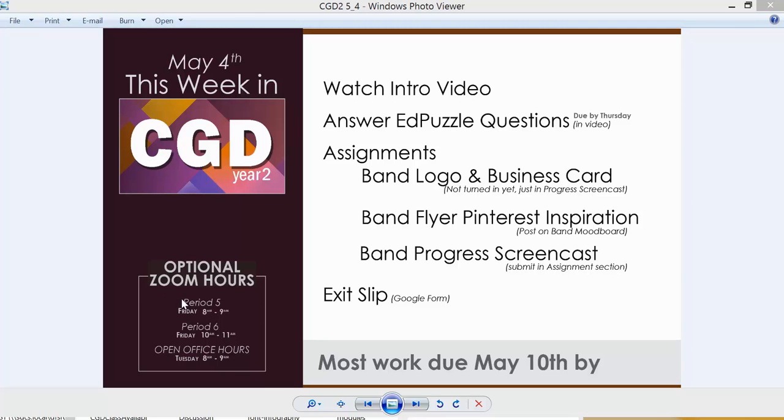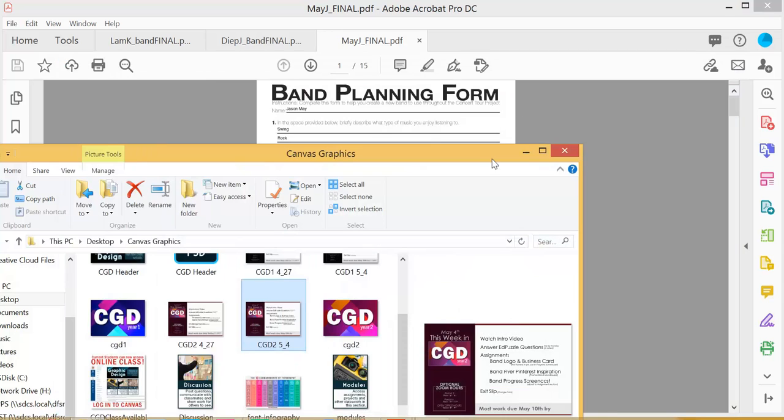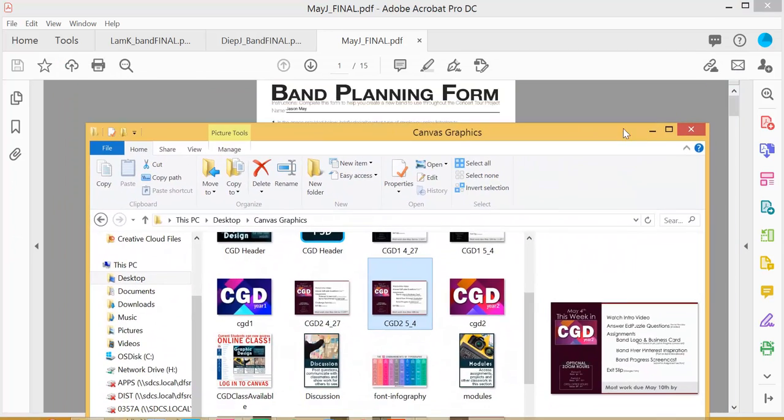Then it's not until Friday that I have the scheduled hours of period 5 and period 6. So definitely take me up on the time that I'm allocating and giving you for help. Just pop in. All right, as far as what you're going to be creating, I want to show you in